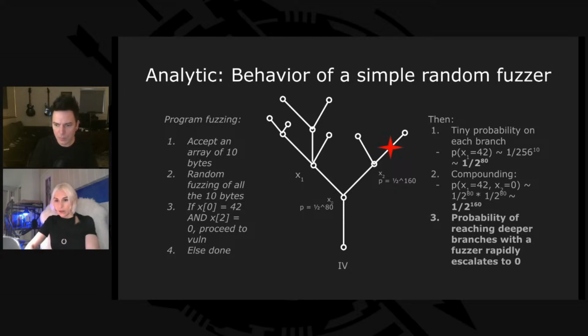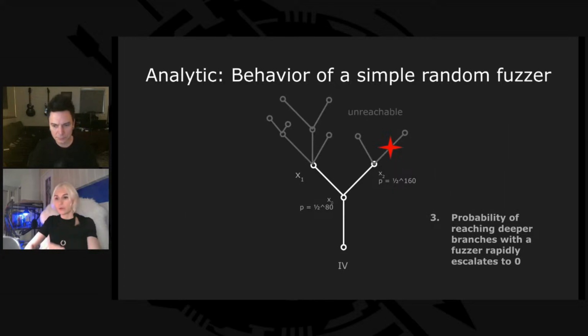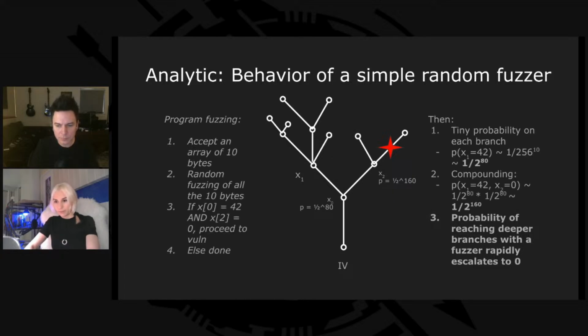Which means that if we're using this kind of purely random fuzzing, basically it will be stuck at the initial first levels of the branches, and it will never proceed to higher levels. So something like this will happen. Here, the white is the part of the tree that our random fuzzer would be able to cover realistically, and the gray branches will never be discovered in meaningful time. This is what happens with purely random fuzzing of fairly large values.